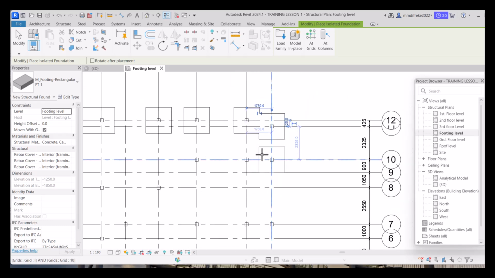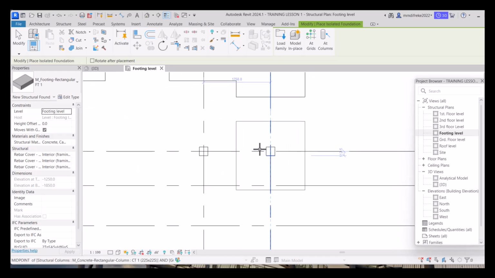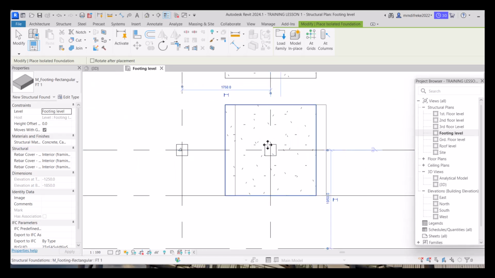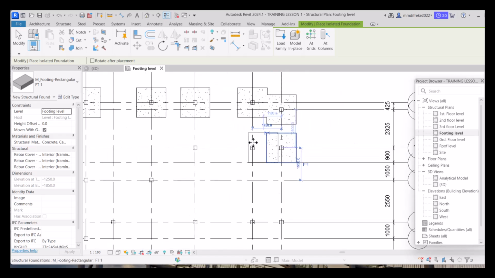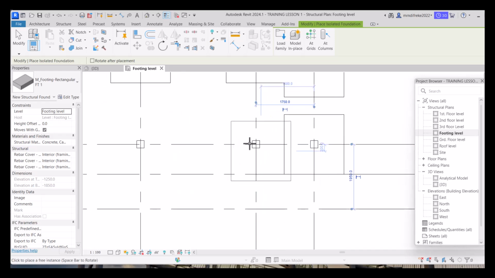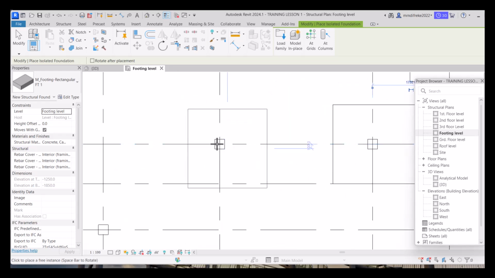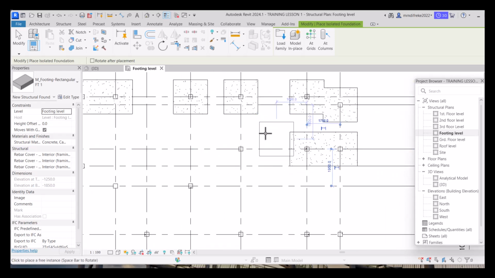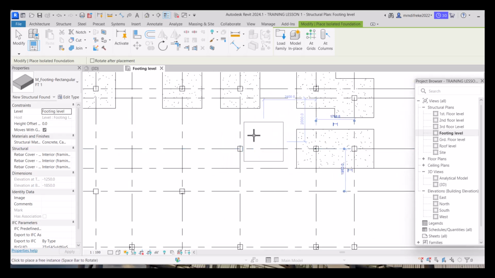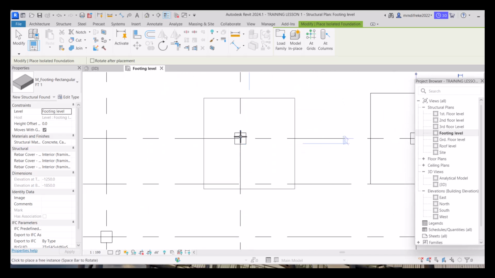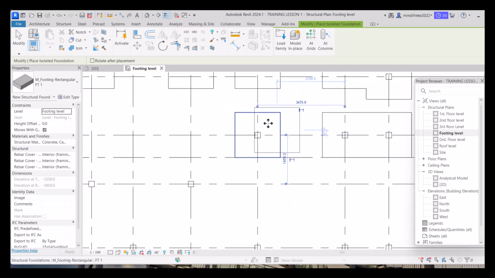So this one automatically has become combined footing. The beauty about Revit Structure is that in situations where the footings combine, it will automatically give you the combined footing. So you place this one here,